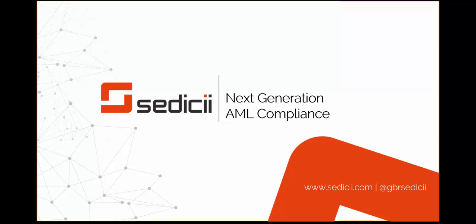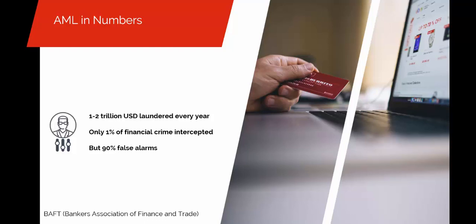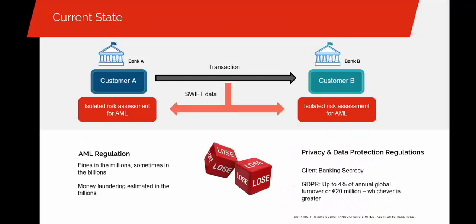BAFT estimates that 1% of the proceeds from financial crimes are intercepted. Meanwhile, 9 out of 10 suspicious activities flagged by AML software in banks are false alarms. In many cases, AML software is inefficient because financial institutions are subject to regulations such as client banking secrecy or data protection, which prevent them from being able to share customer data with the other bank involved in the